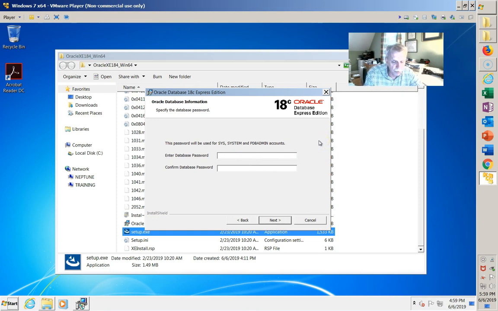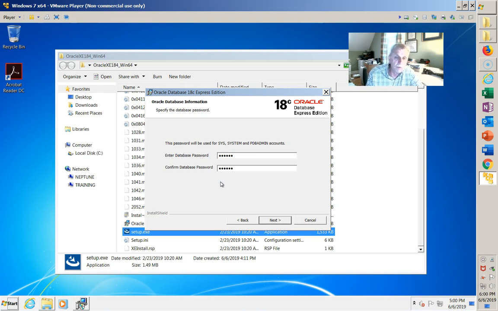I'm simply going to provide the word Oracle, and I'm going to type this in all in uppercase. Oracle is case sensitive with respect to passwords, but the purpose of my installation here is simply to set up something for training and education purposes. So I'm really not concerned with security. But under normal circumstances, you would want to have a pretty secure password. And you want to write this down, whatever you choose, because it is a case-sensitive password, and if you lose